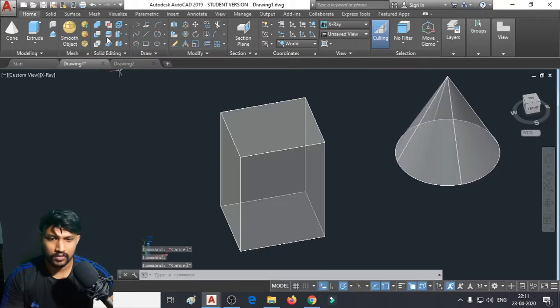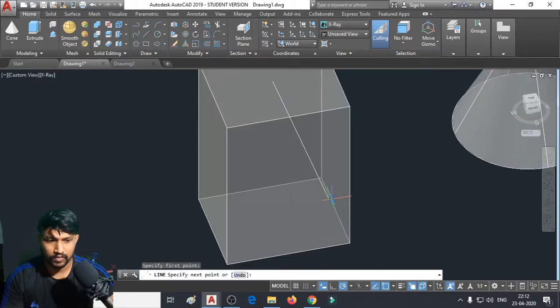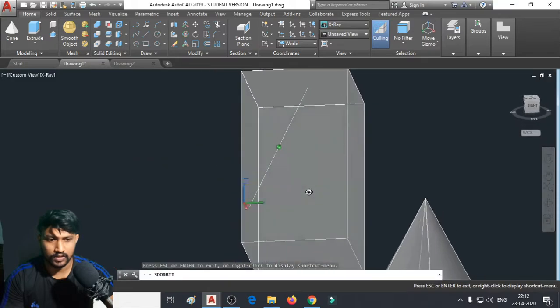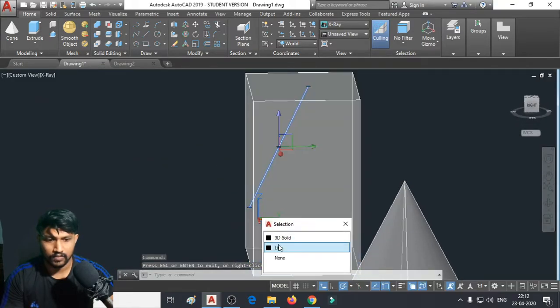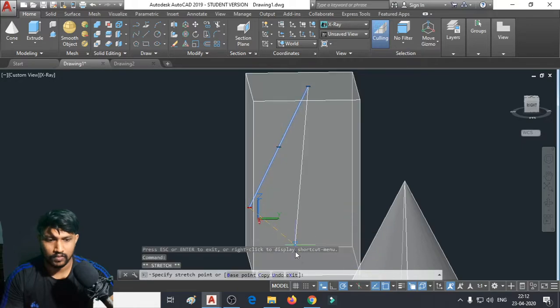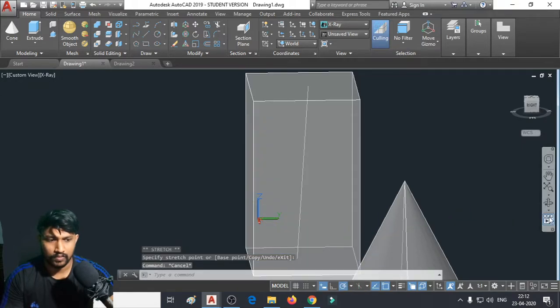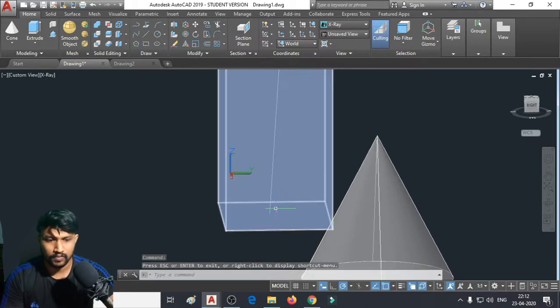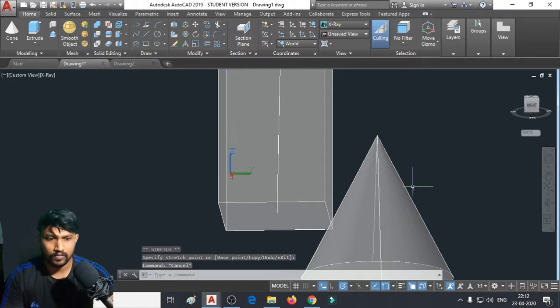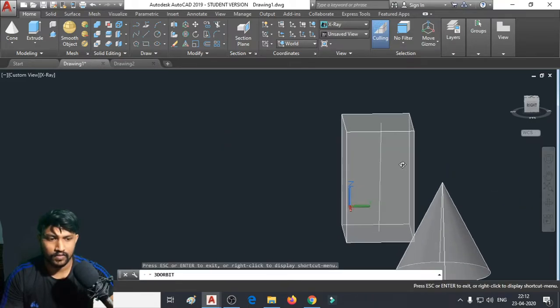For this one, the axis line will be from this location to, I don't know, it was placed exactly now. See, I've drawn this axis line.